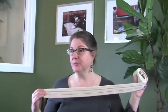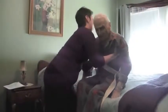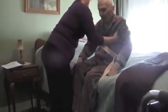If you need more help with this sort of maneuver, you can use a gait belt or a transfer belt like this one. This is a cotton belt with a metal buckle which is placed around a person's waist. A good rule when fastening this belt is the 2-finger rule. As you tighten, make a space so 2 fingers can fit inside. This makes the belt tight enough not to slip, and you can firmly hold it to help with lifting or